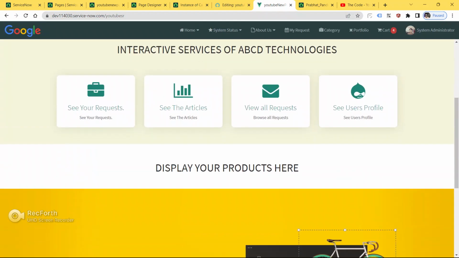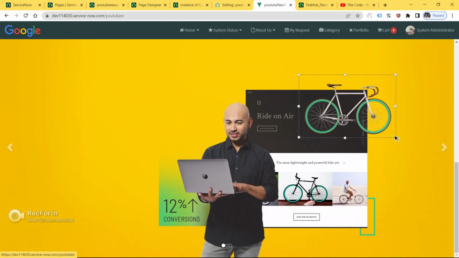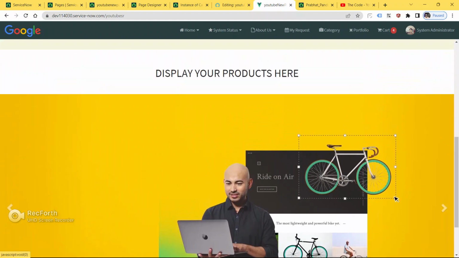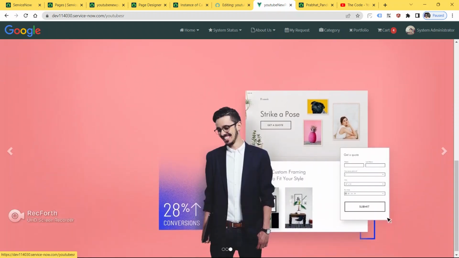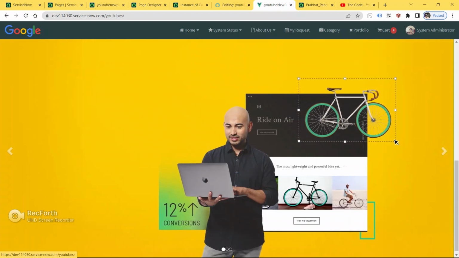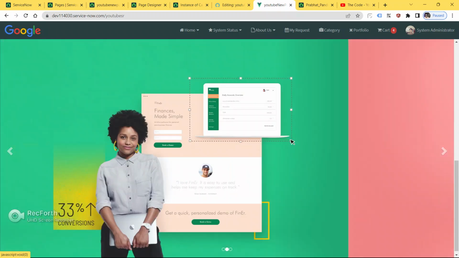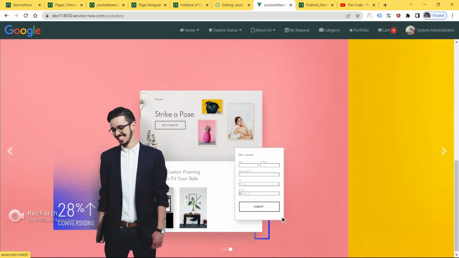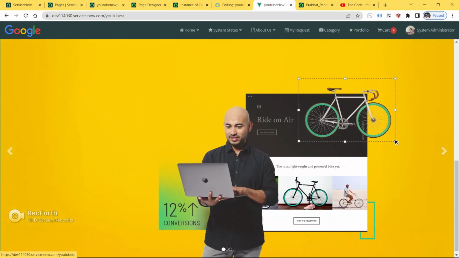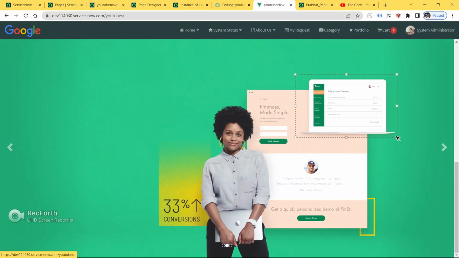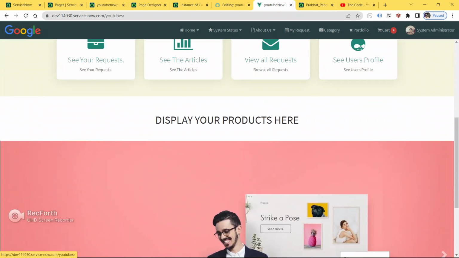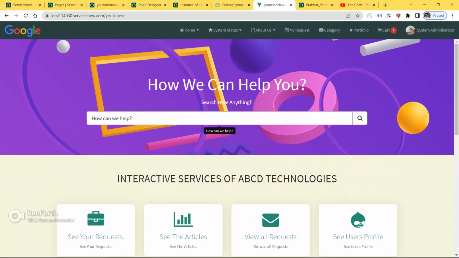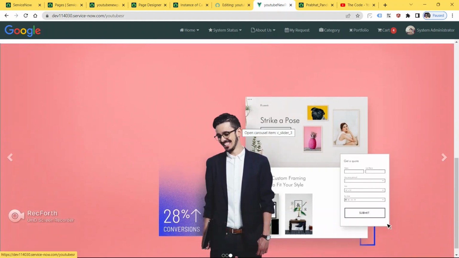Go here and refresh your page now. Boom guys, see, we got our full width slider. Now it is looking fully modern and fully awesome. So we learned how to make a full width slider inside our ServiceNow Service Portal page.